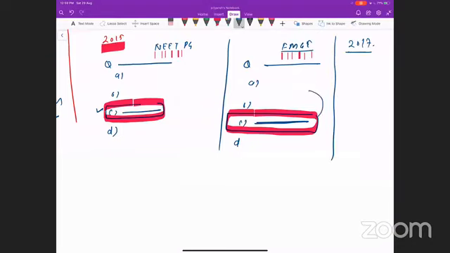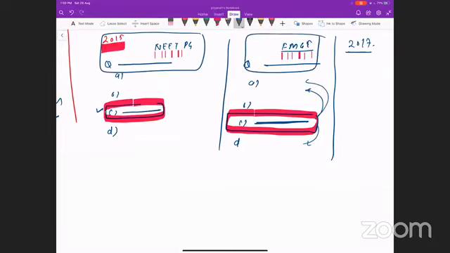They can switch the options with one another, but they cannot switch the questions. So once the question is in the question bank, it is going to be there. They can switch the options: C can come on B, B can come on D, and so on, but the answer will remain the same.